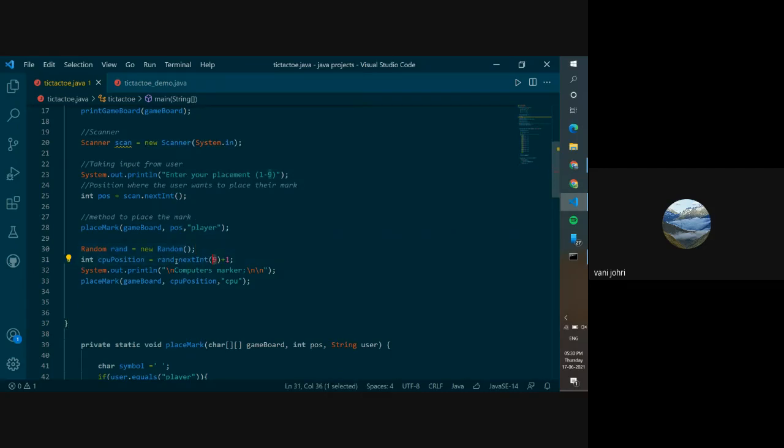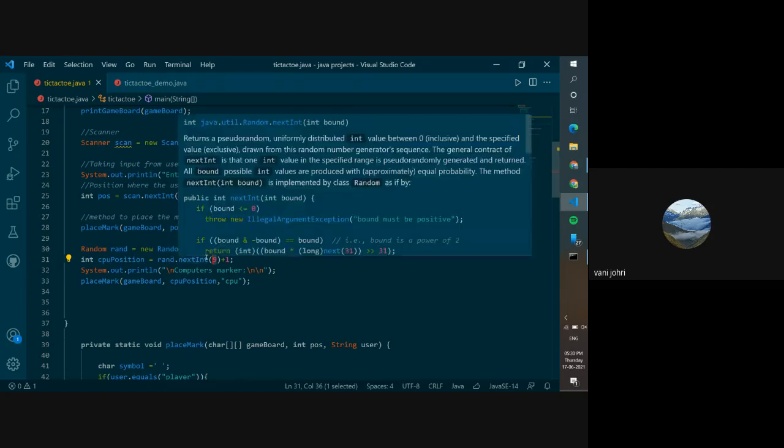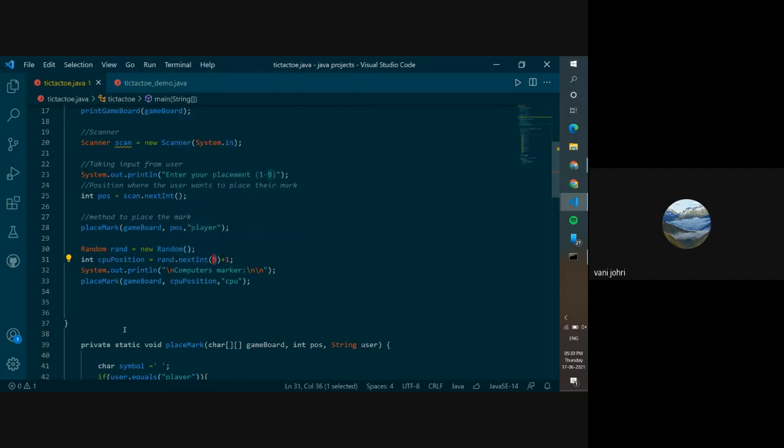We say 9, so this will create a random integer from 0 to 8. It creates a random number up to whatever number we give minus 1. So we gave it a plus 1 because we want a random number from 1 to 9. Right? We want a random number from 1 to 9.